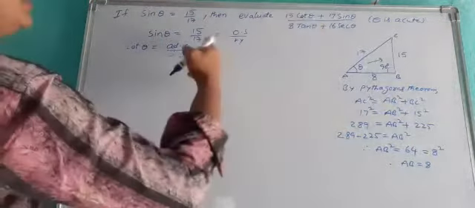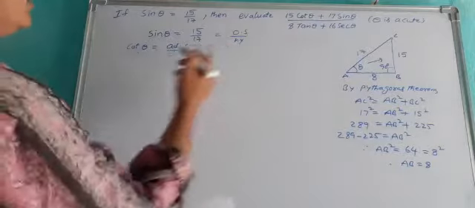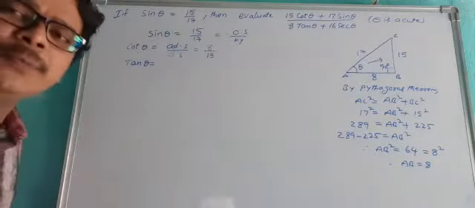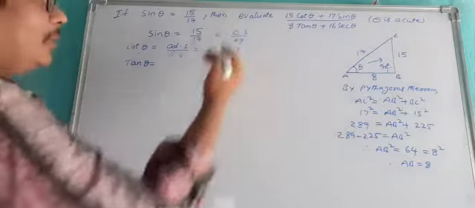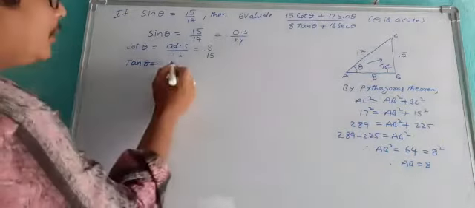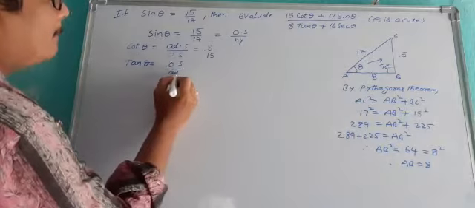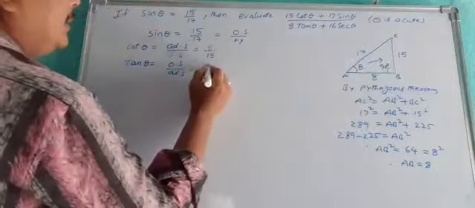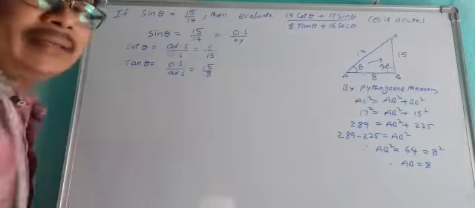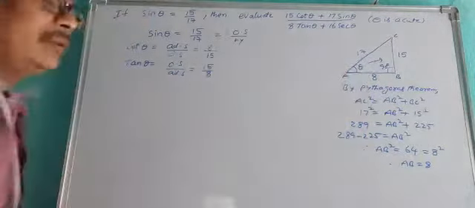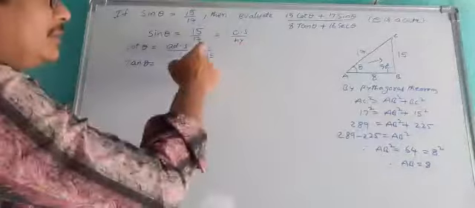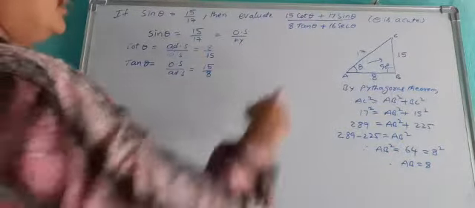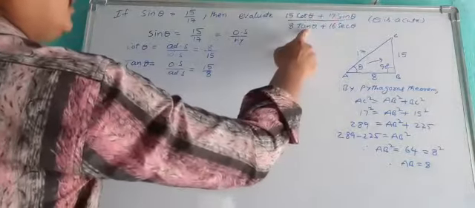And you have to find sine, which we already got, and find out tan theta. Tan theta means the reciprocal of cot theta, or opposite side by adjacent side. So opposite side of theta is 15 by adjacent side 8. So simply write the reciprocal. This is 8 by 15, reciprocal 15 by 8. Okay, cot over, sine over, and tan over.